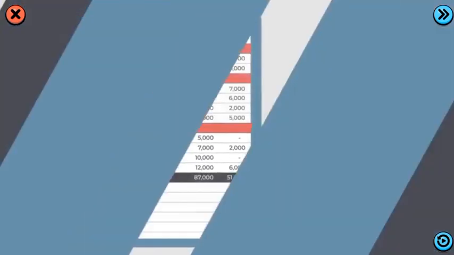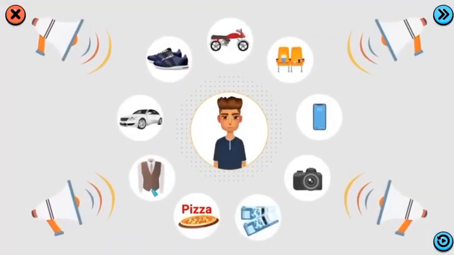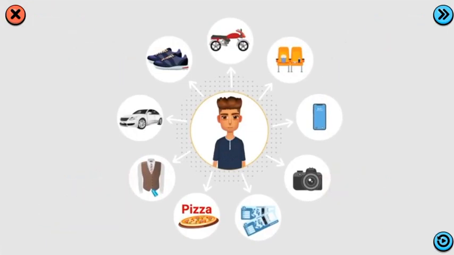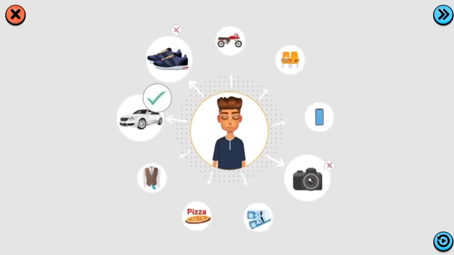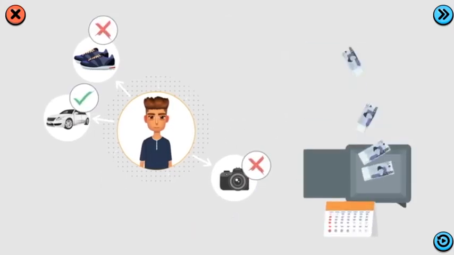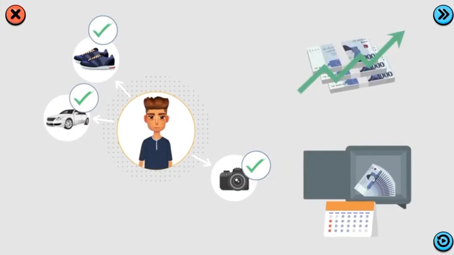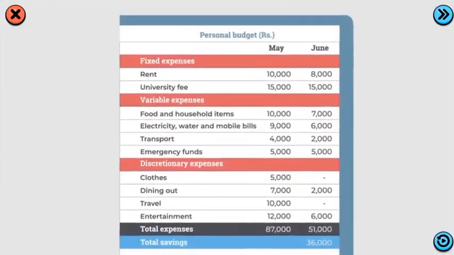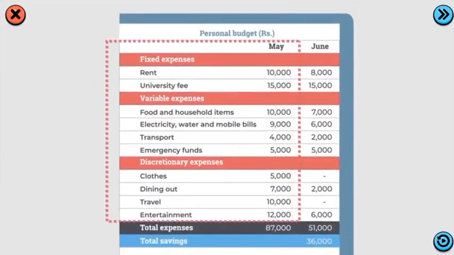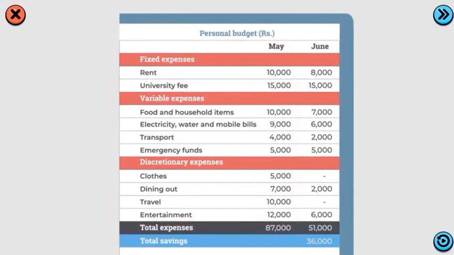Nowadays, advertisements encourage us to spend on goods and services that we may not need, such as an expensive car. If you still want to spend on these luxuries, you can trade off some of your wants. You can also save money and buy them after some time. You can also try and earn more money. Remember, keeping track of your necessary and unnecessary expenses will help you save more money.